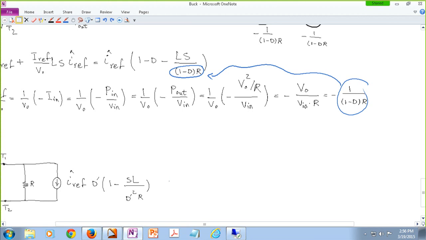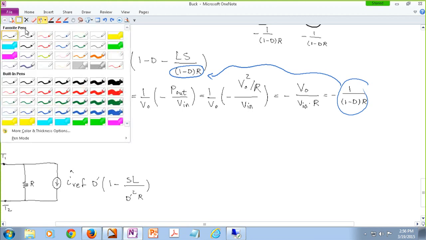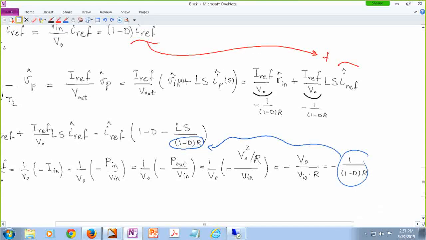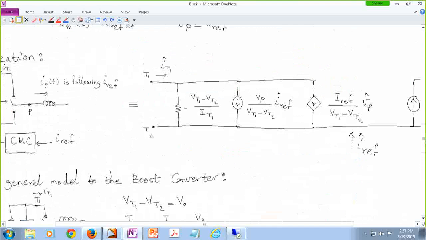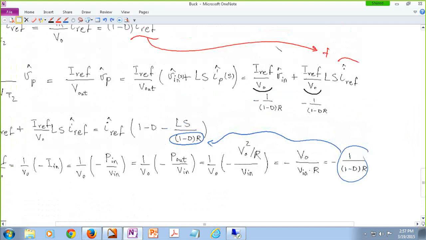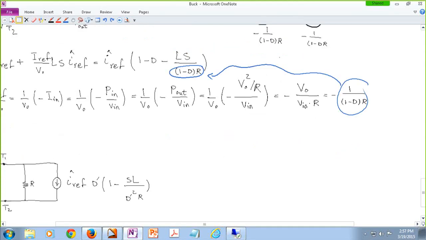All right, then in the end we had another dependent source of current, which is this guy, and then this ended up with this expression over here, and this is going to be